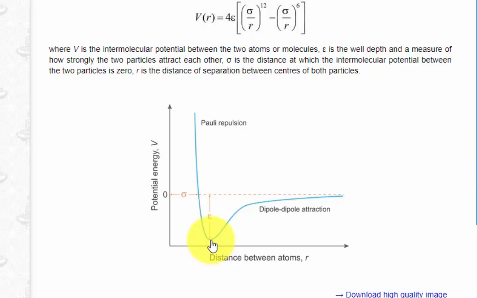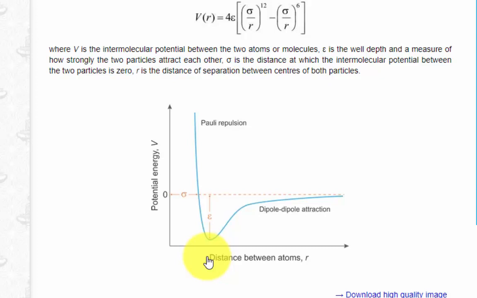Why? Before, the attractive forces were winning over. But now, at that bond length or bond distance, and I say kind of the bond distance because this is just a representative to illustrate a point,